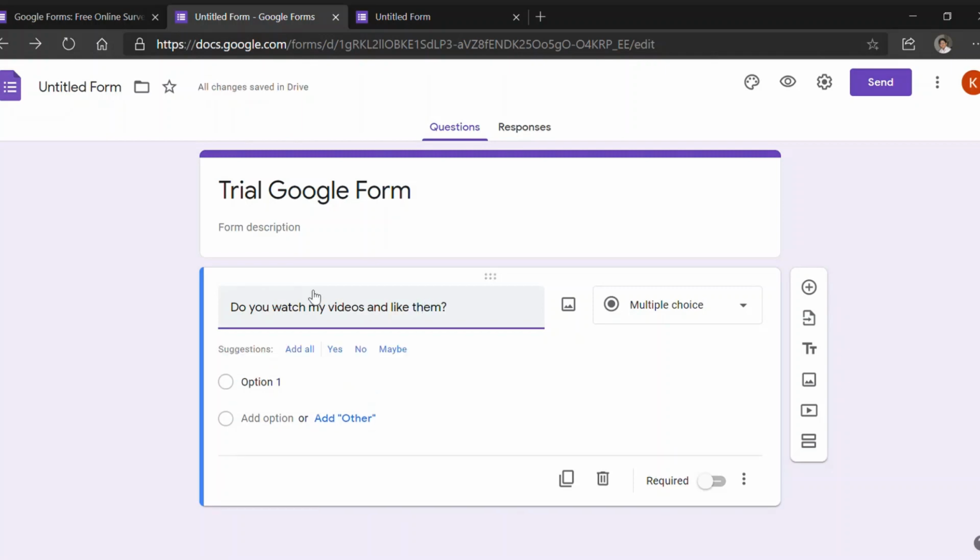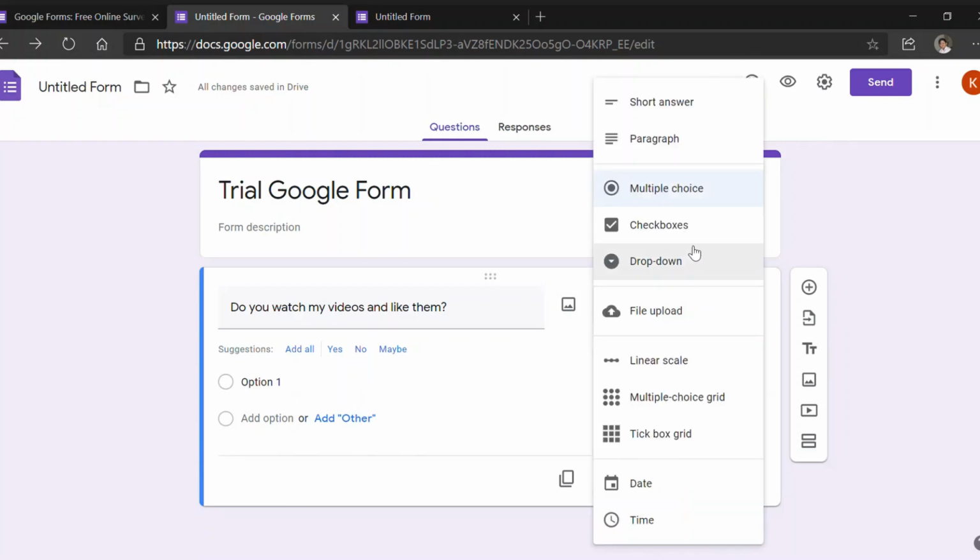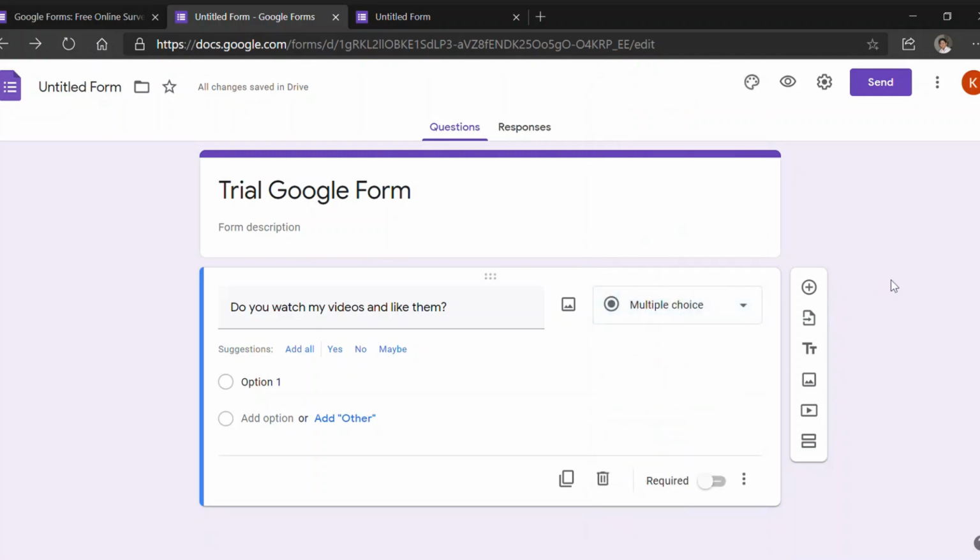Now, if you want, you can put the question as an image and then choose the type of answers you want, like MCQs or short answer, checkbox, linear scale, date, time, etc. Then, on the basis of that, if you need to add the options, you can put them. And to add a new option, click on Add Option.